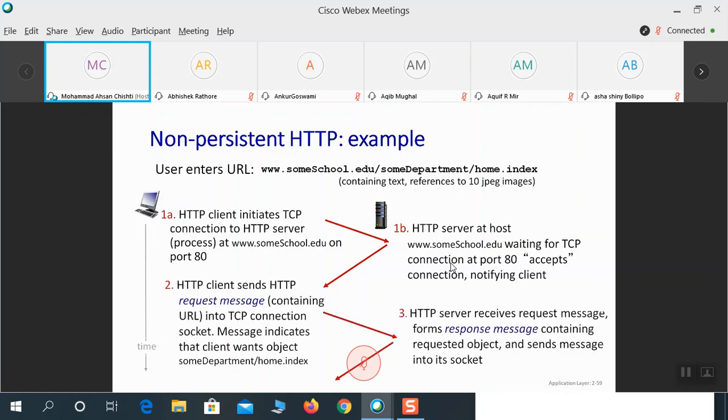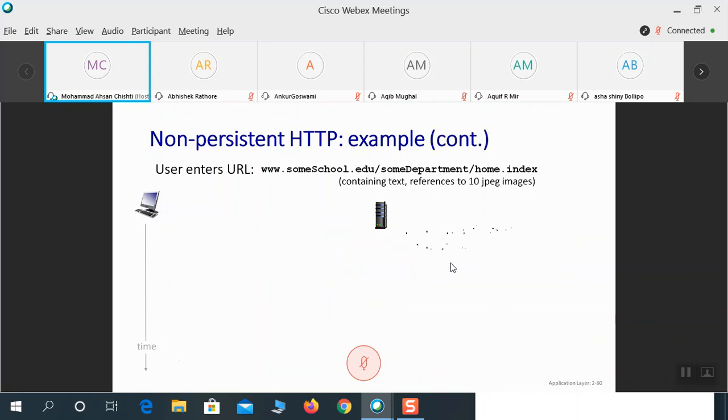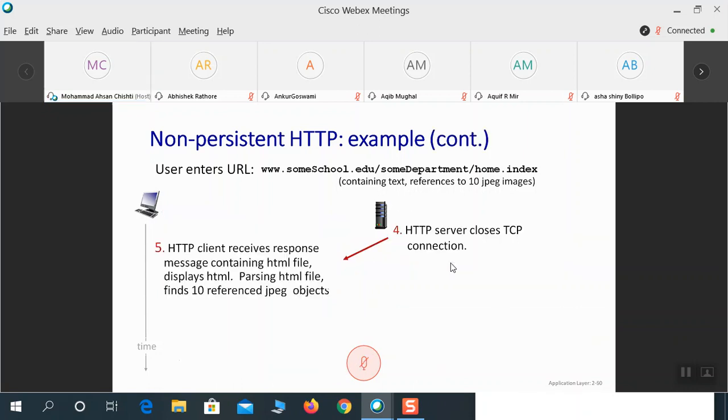Then the host sends a request message indicating what exactly it wants. The server replies back containing the object that has been requested. After the data has been sent, the HTTP server closes the TCP connection.